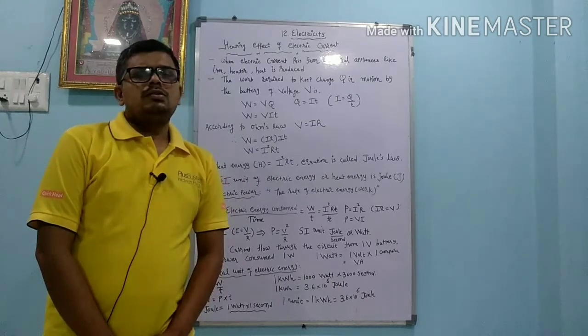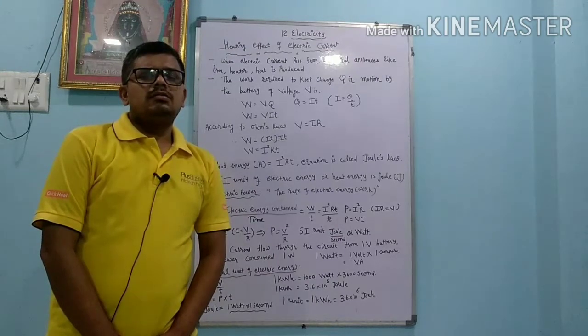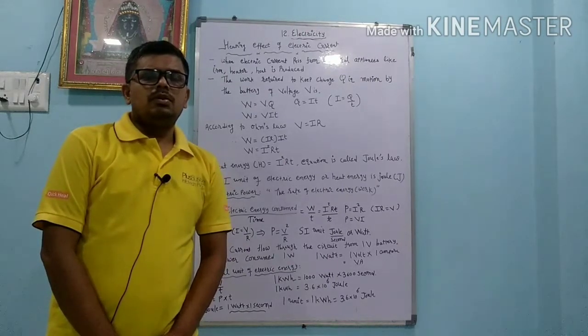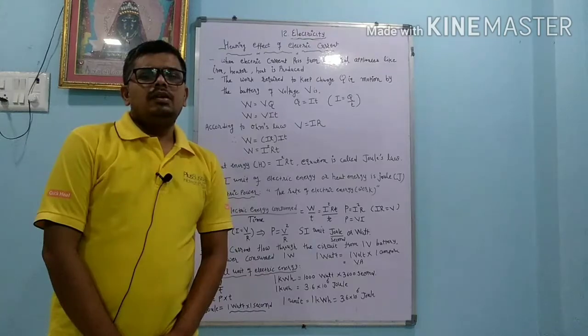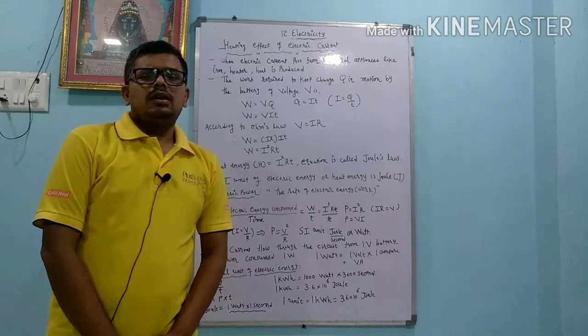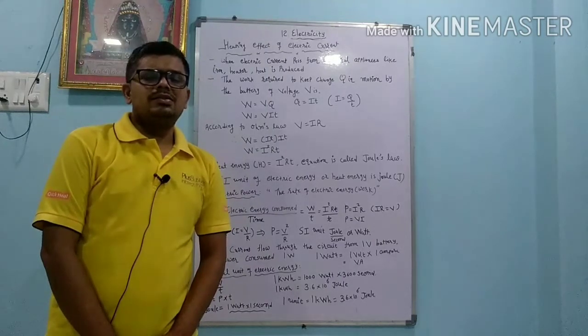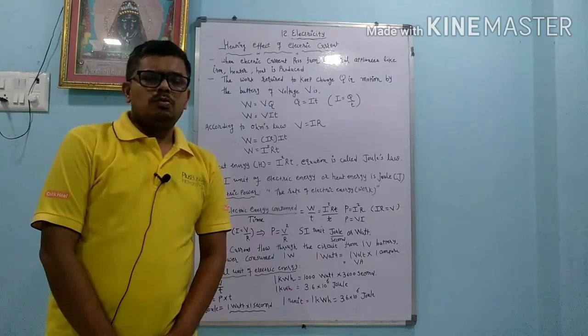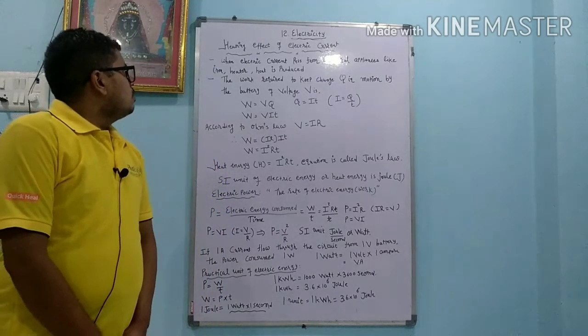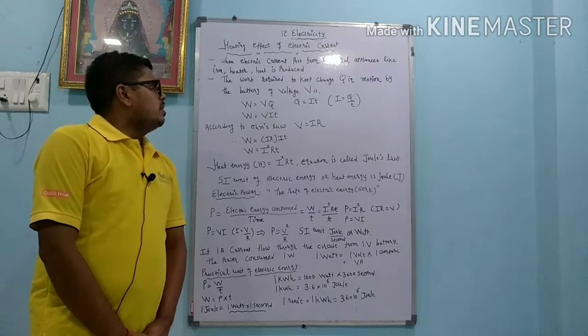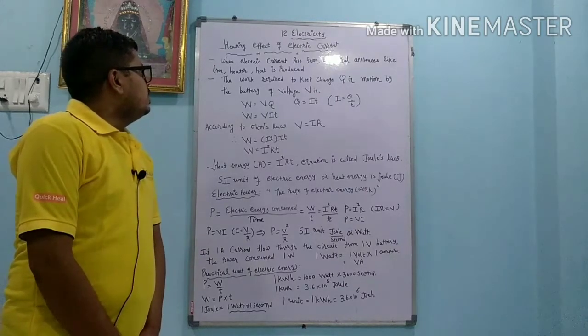Now dear student, why does some compound, element or material have more resistance? Because in that type of material the electric current cannot pass easily. Because of that, the resistance is more, and as resistance is more, more heat is produced. When electric current passes through electrical appliances like an iron or heater, heat is produced.